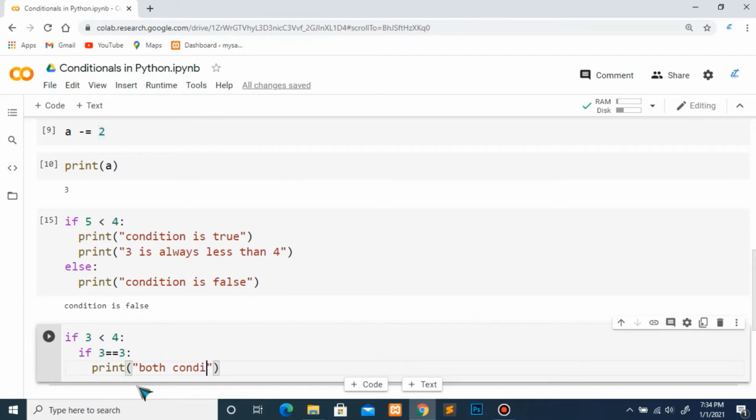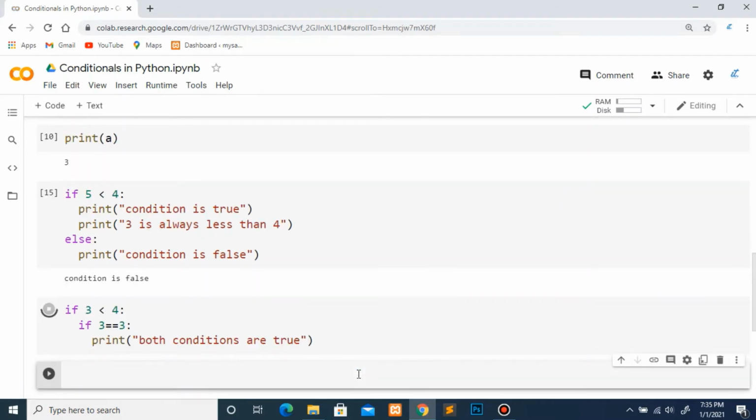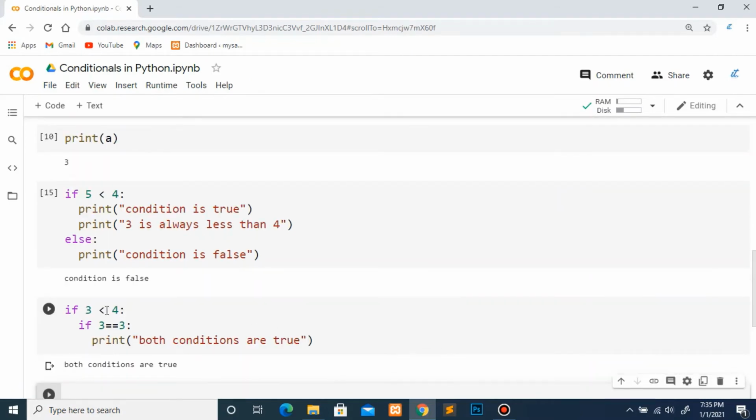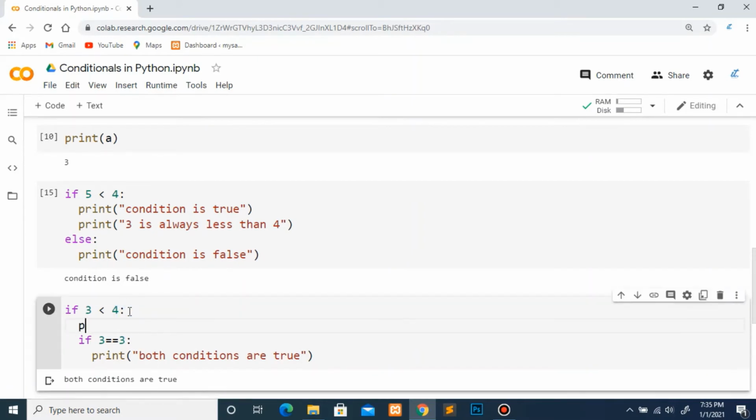Here, if this first condition is true, then it will move inside to this second condition. Basically this concept is called nested if. We write an if inside another if statement. So when I execute it, it will show me both conditions are true, because both the conditions are true.